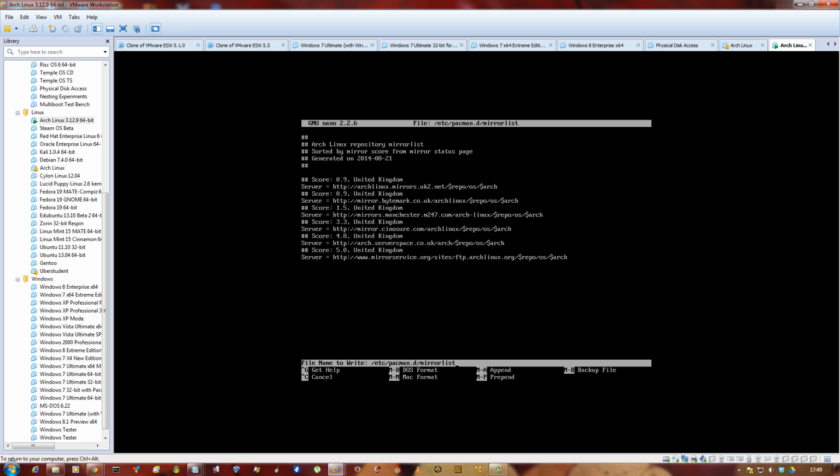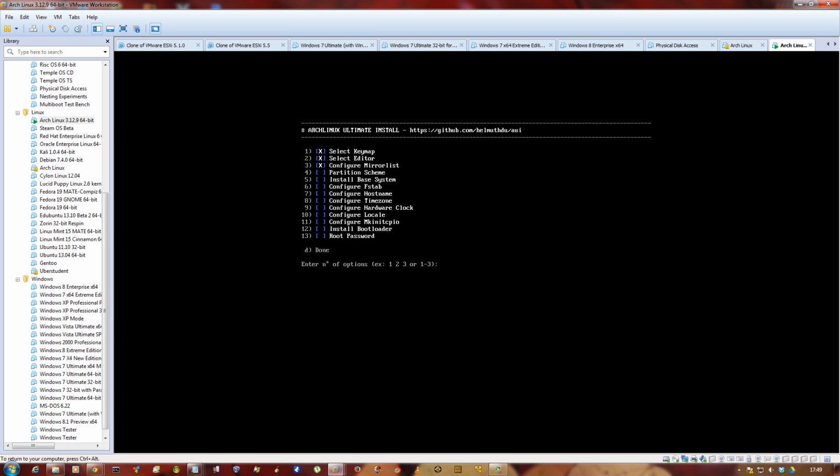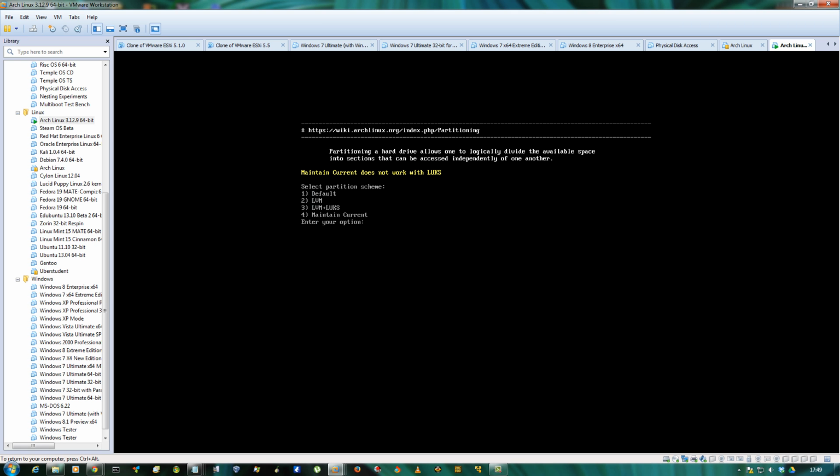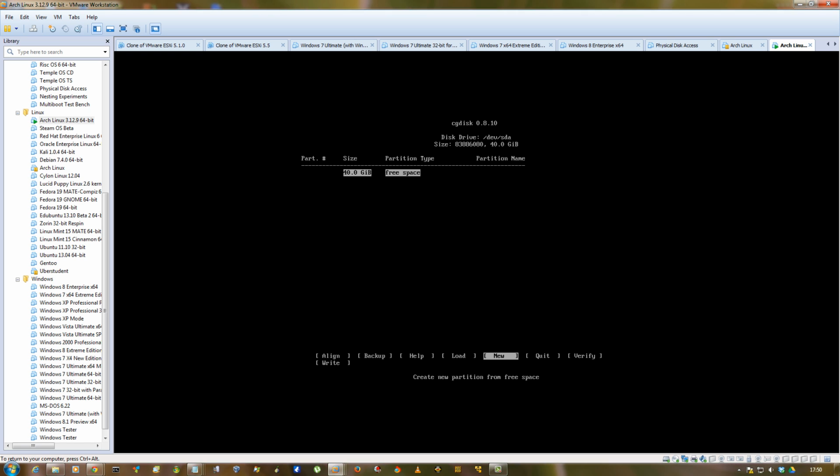We'll just write it out just in case, just to make sure it is definitely saved, and then we exit. Then we select partition scheme. We'll go for default, and we'll select utility CG disk, and we'll select 1 because there's only one disk. Now we create a new partition, and our first partition will be 200 megabyte,